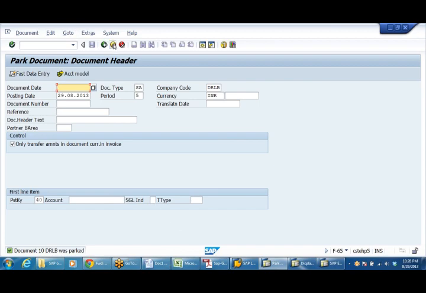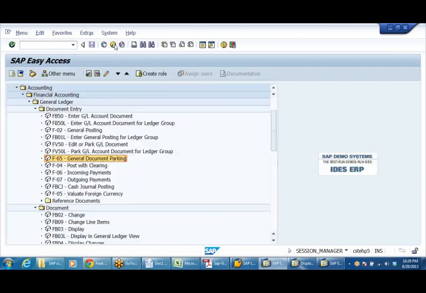Now as soon as an entry is posted like this, in a real scenario, our technical people make it so that the accountant will be posting, and the accounts officer, on the right side corner, will get a message: document number 9 parked by so and so person, document number 10 parked by so and so person. If he is in front of the system, he'll go to the parked document list and post it.